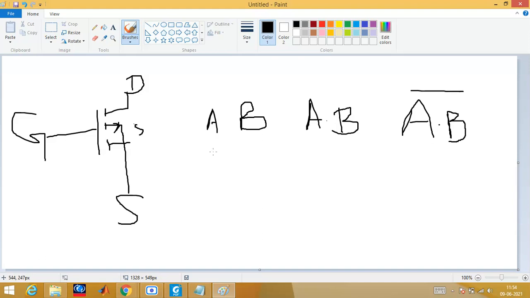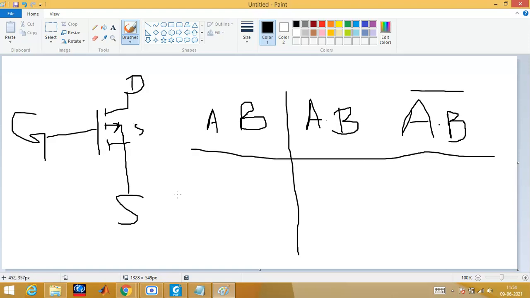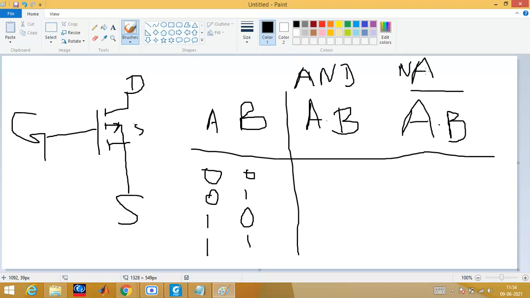Okay, no issue. What we can do now, let us try to draw the truth table of the NAND gate, then it would be easier. As I told you to remember, first input 0 0 and then 1 1, and second one 0 1 0 1. Then we do the AND operation here, and taking the complement of AND is nothing but the NAND. So it would be easier for you, okay? Because that is the last semester you studied about the fundamentals, you might have forgotten, so I have written it again.